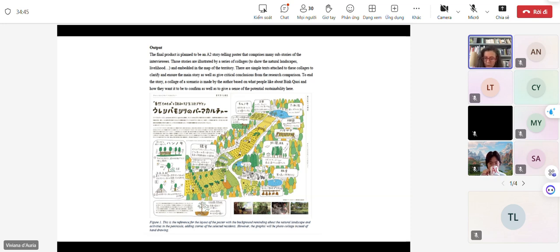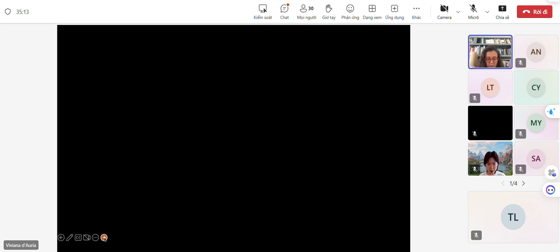So this is not what the course participant actually did, but this was the reference that the student had in mind, that would then be emulated, but at the same time adapted according to findings and according to the context. In fact, it says also in the caption, however, the graphic will be a photo collage instead of a hand drawing. So those are some of the things that start pointing more specifically to options. Okay, so that was the set of general remarks.